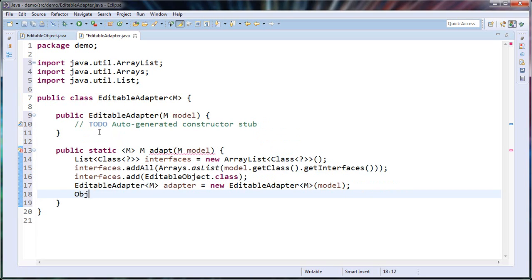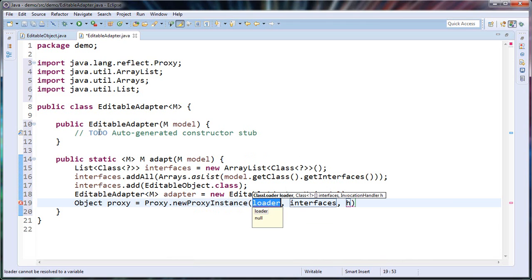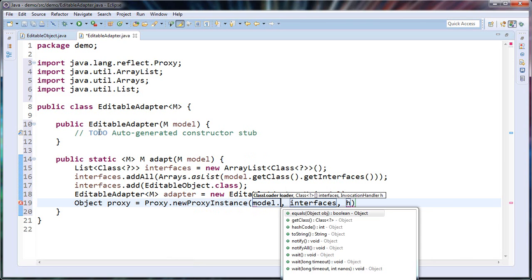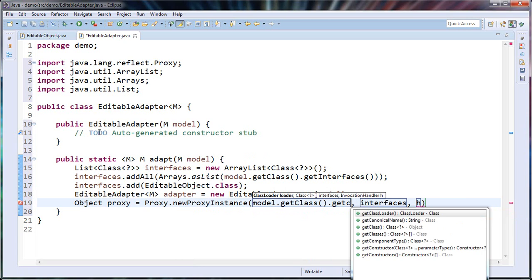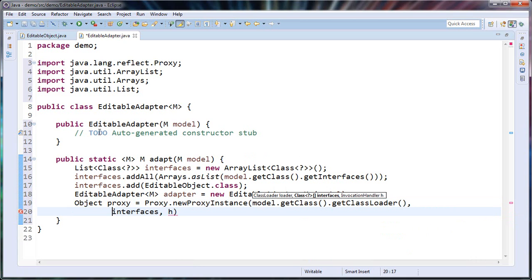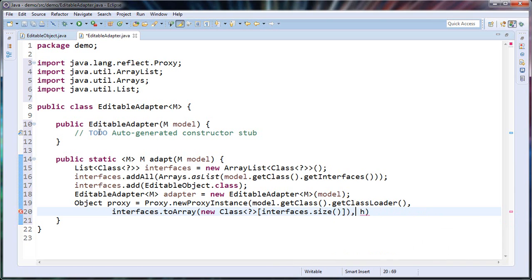And I will create a proxy by calling the proxy supporting reflection to create a new proxy instance. As a class loader, I will use the same class loader as the model, get class loader. I will pass the list of interfaces cast to an array, and I will create in here an array for that. So the interfaces dot size should be the size of the array, and the adapter should be the invocation